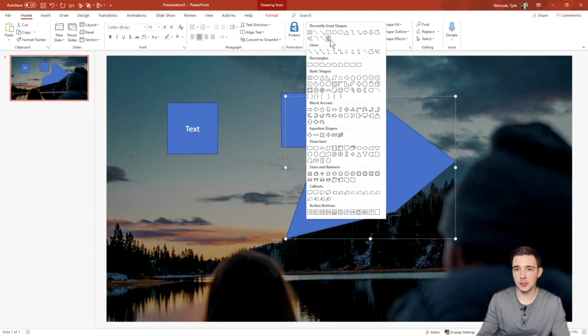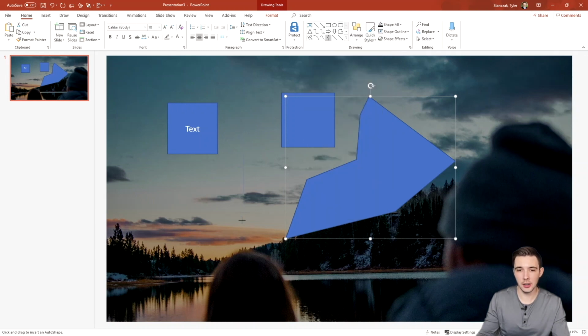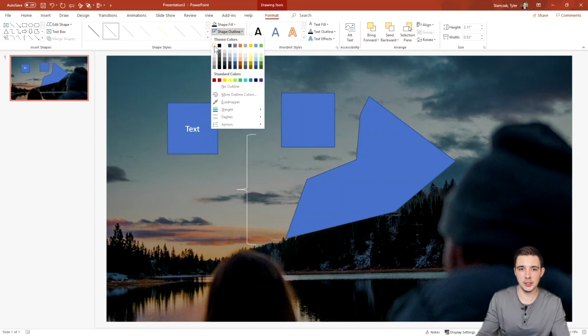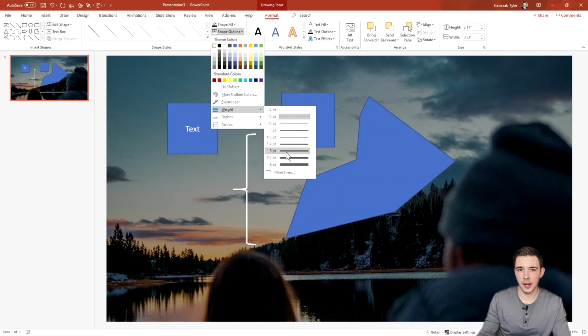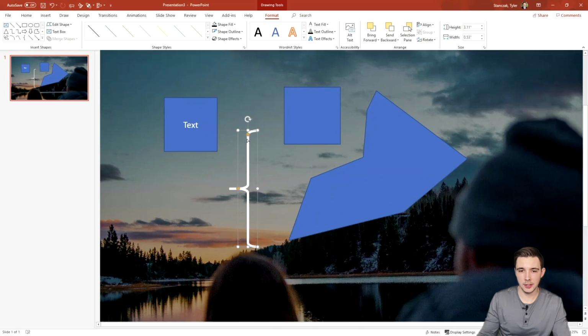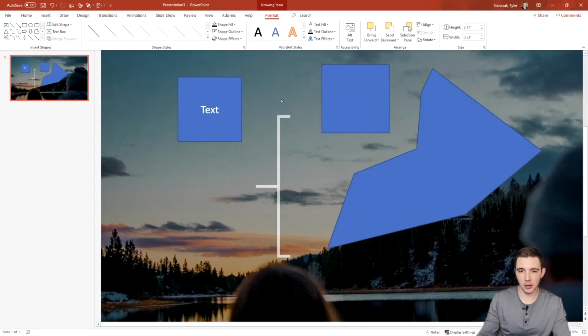Another thing I really like to use is this bracket right here, because if I insert this right here, and I'll actually make this white so you guys can easily see it, and then I'll add a thicker weight to it so you guys can really see it. And now I just hold down this yellow dot right here and click and go upwards, and now it's going to make a straight bracket.